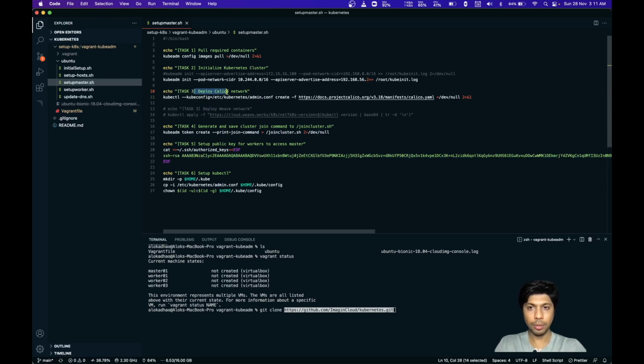I need to deploy the Calico network, which is the network between the pods. Otherwise, if we do not install this network, then the nodes will never come to ready state, and there will be no communication between the pods. After installing the network and generating a connection token for workers to join,